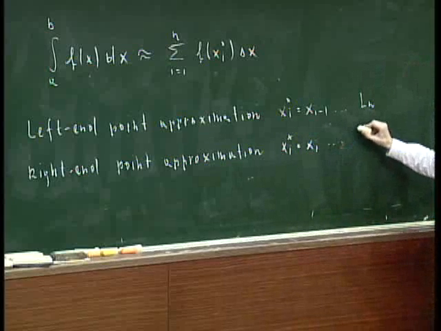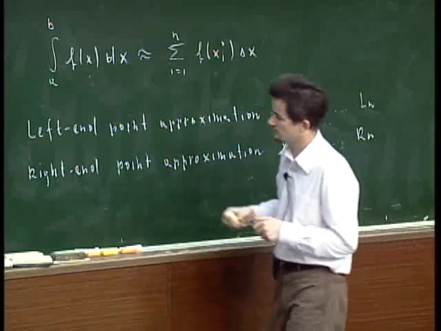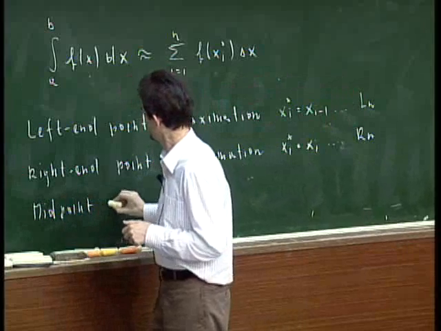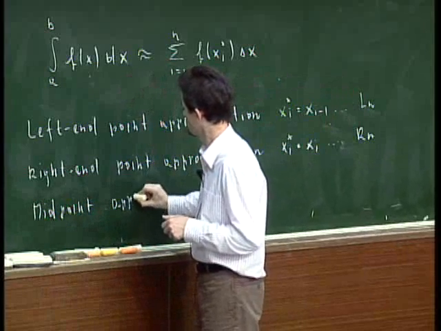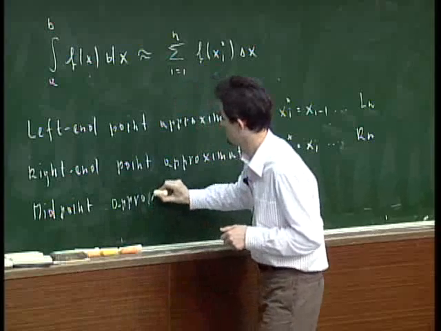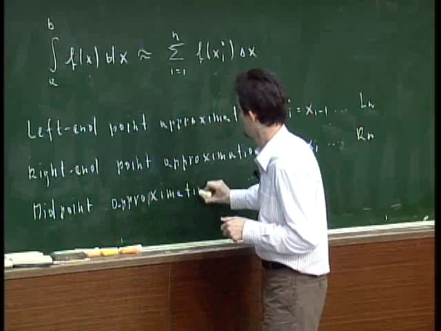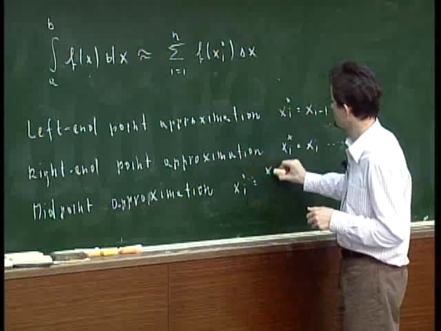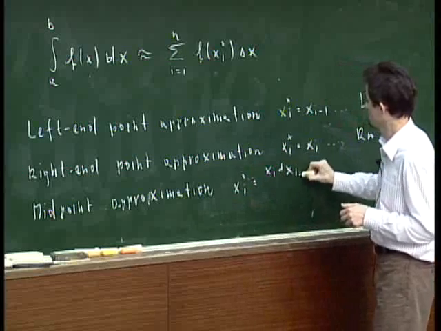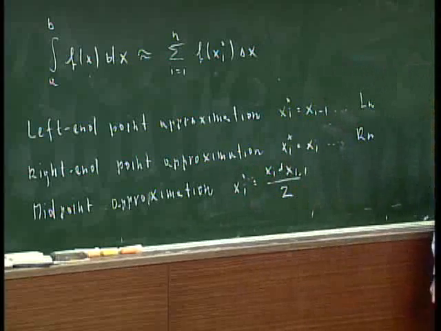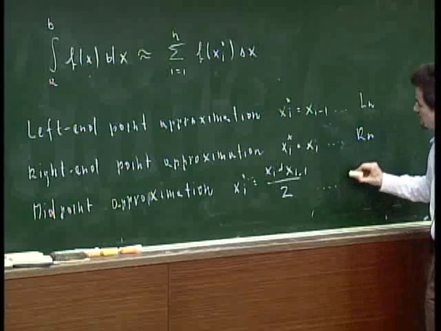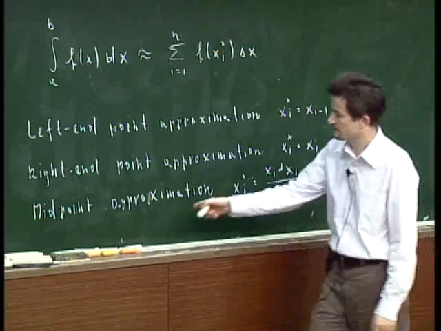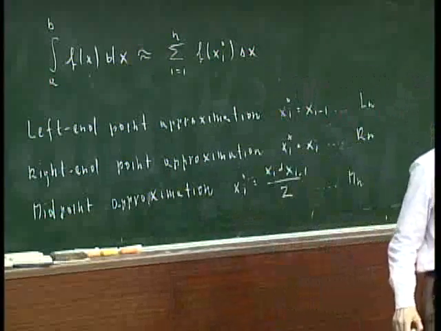This is called Rn. And there is another one which we already introduced earlier, namely the midpoint approximation or rule. Here you choose as sample points the midpoint of the ith interval. And this we denote by Mn as previously. And we saw already that actually this rule should be the best one, in the sense that,